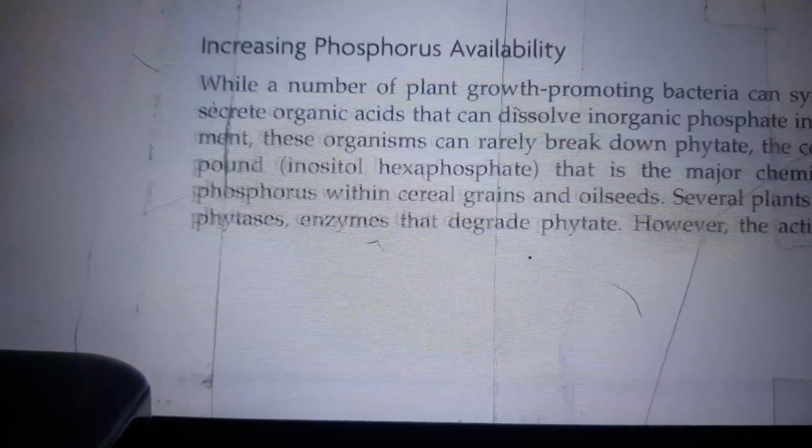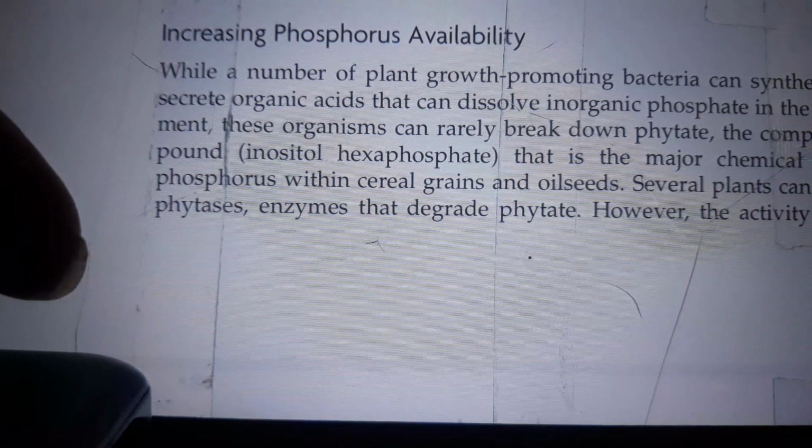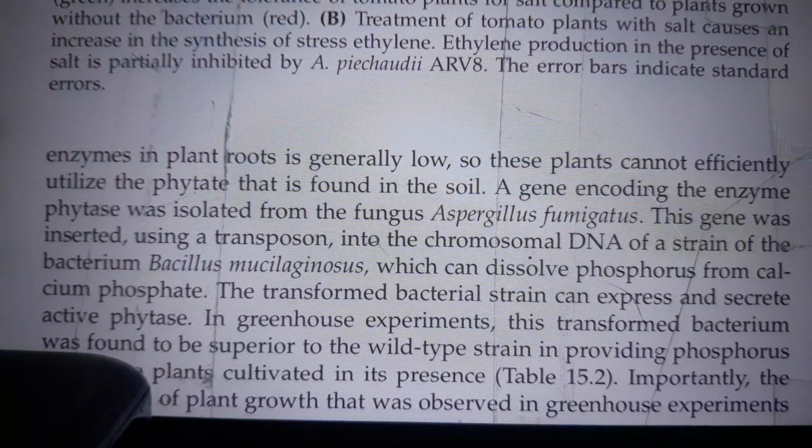Increasing phosphorus availability. While a number of plant growth-promoting bacteria can synthesize and secrete organic acids that can dissolve inorganic phosphate in the environment, these organisms can rarely break down phytate, the complex compound inositol hexaphosphate that is the major chemical form of phosphorus within cereal grains and oilseed. Several plants can produce phytases, enzymes that degrade phytate. However, the activity of these enzymes in plant roots is generally low,